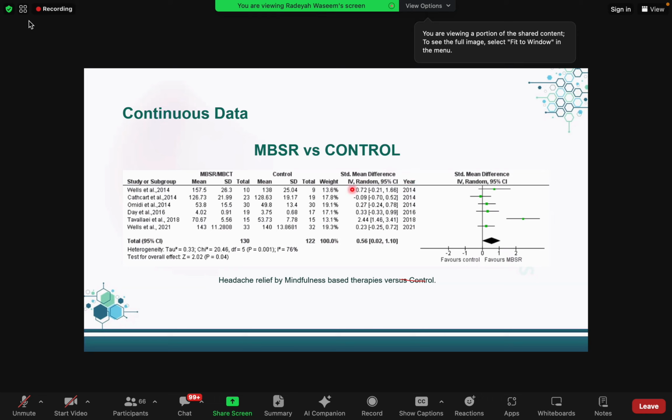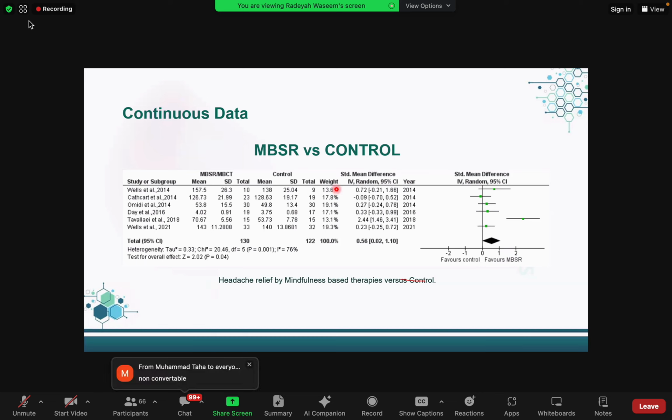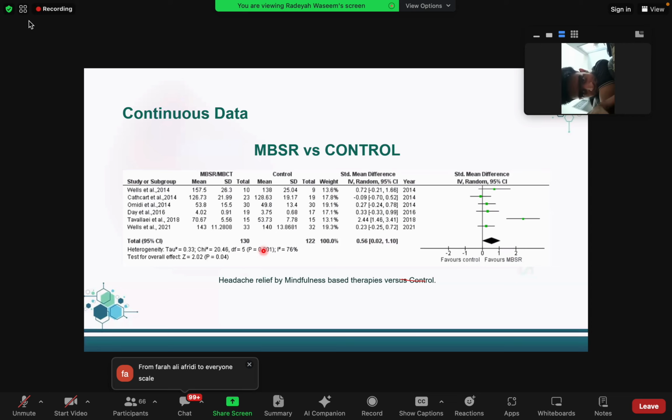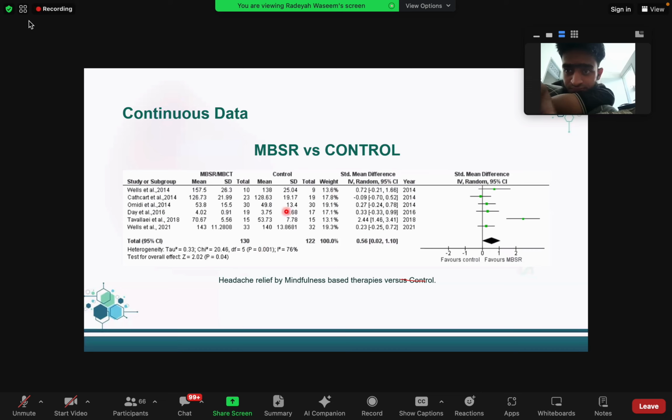Since this is standard mean difference, what do you guys think? Did the outcome have units that were interchangeable, or was the outcome measured on a scale? Looking at the effect size, what kind of outcome was it? It was a non-convertible outcome. Exactly. The outcome was measured on a scale. The outcome was basically headache relief, how many patients developed headache relief. This is on a scale of 1 to 10, how much the headache was reduced. So again, it's almost the same as pain. You do not have any unit for headache relief. That is why you will be using standard mean difference over here.